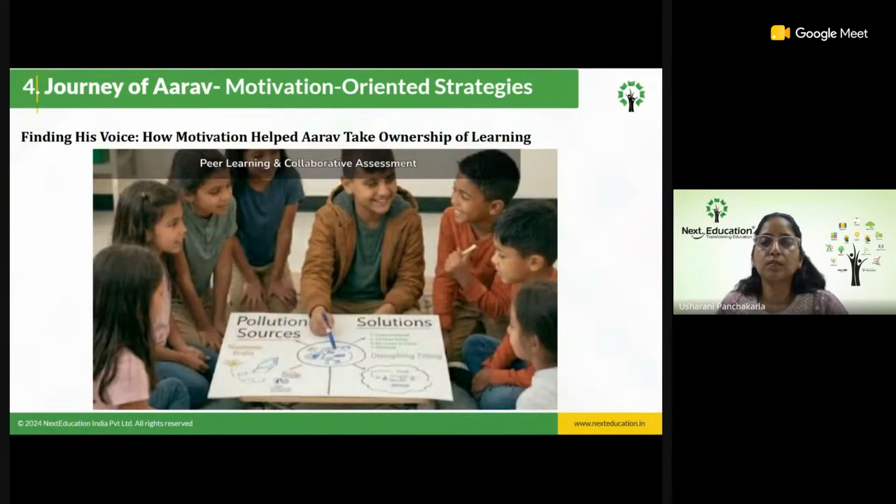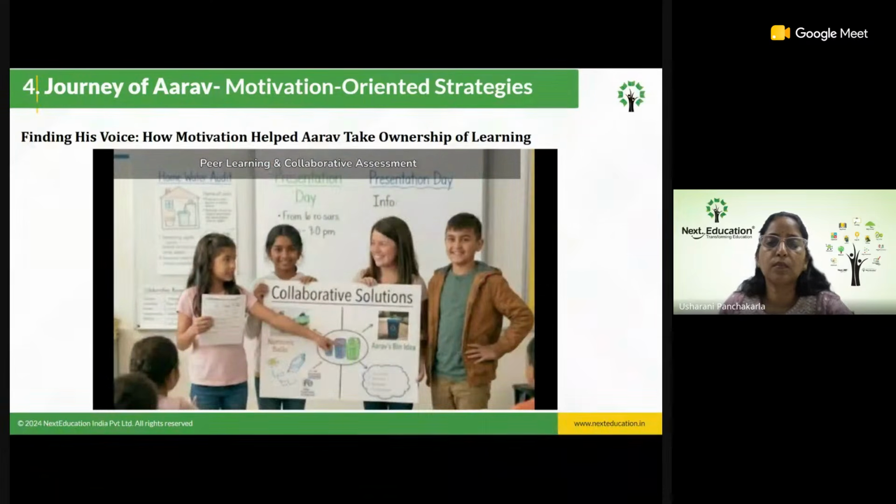During group projects, students worked together to discuss solutions for reducing pollution. Arav suggested placing separate dustbins near parks and lakes to reduce waste. His teammates appreciated the idea and included it in their project. Through peer learning and collaborative assessment, Arav began feeling more confident and motivated to contribute regularly.